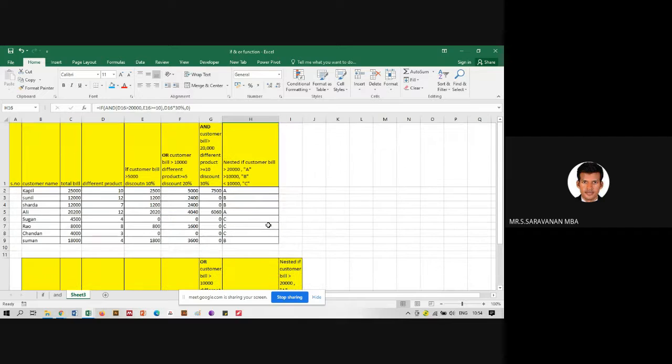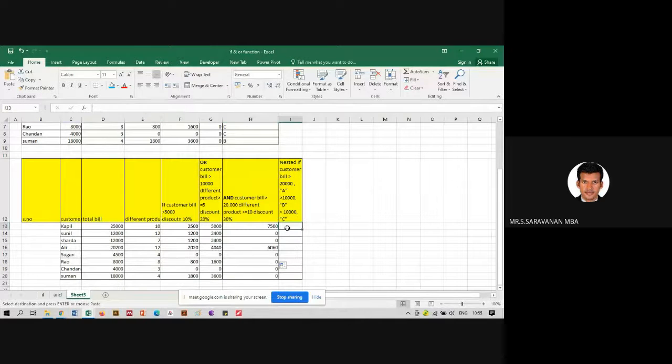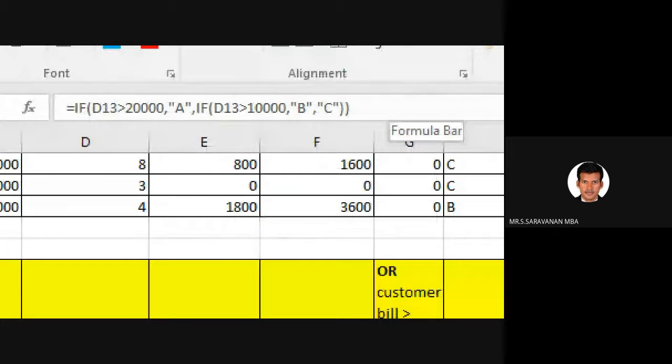And the last function is the nested function. Nested function is very easy. We are going to have more IF conditions. I am copy and pasting to save time, because we are running out of time. See, first one is the IF function.